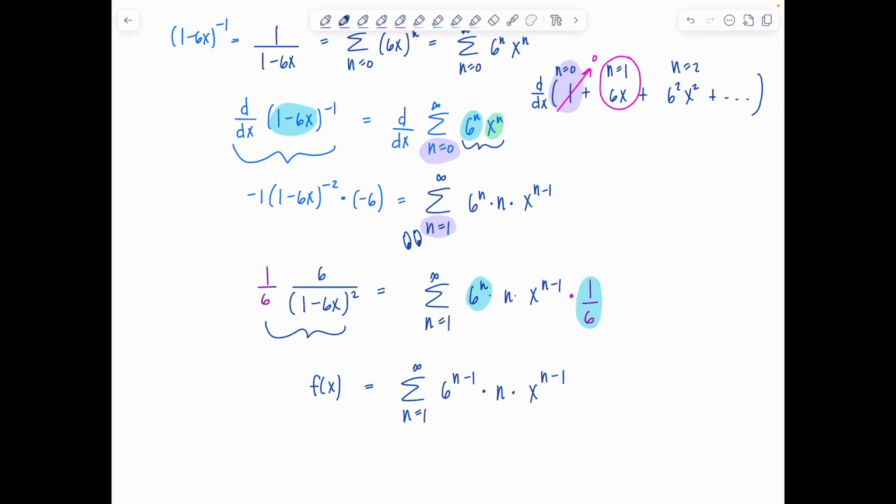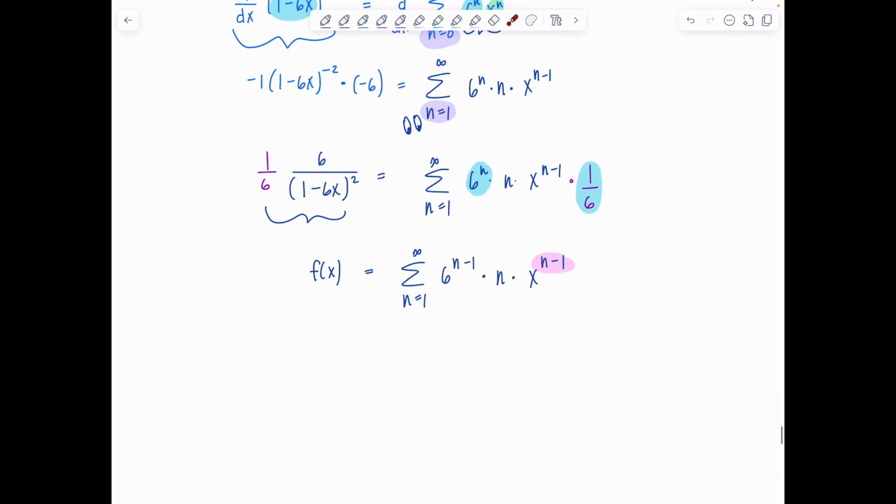And as relieved as you may be at this point, we don't stop here because whenever possible, we want to write our final answer with just x to the n, not x to the n minus 1. So I'm going to shift the index. I want this to go up by 1. So then all of these n's are going to go up by 1. So this will be n plus 1. This will be n. And then to preserve what this sum represents, I have to start 1 lower